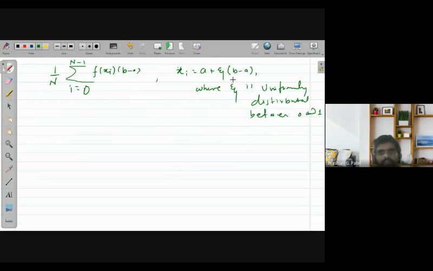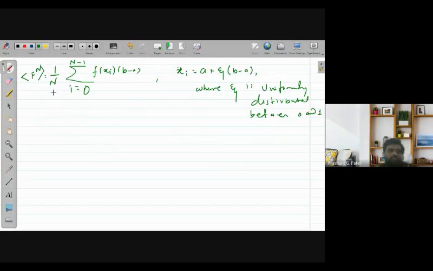So xi is any random number between 0 and 1. If you put that value of xi here, then it will convert your xi to lie between a and b. And using that you can calculate your function, and this will give you the estimated value, and we can denote it by